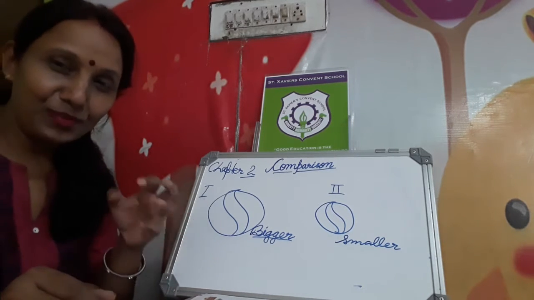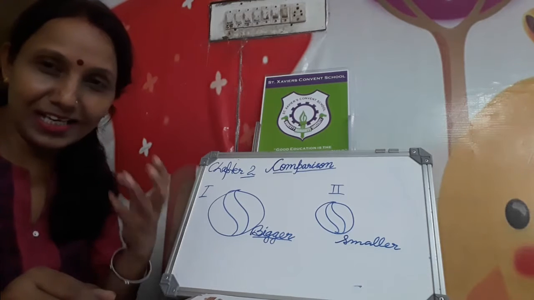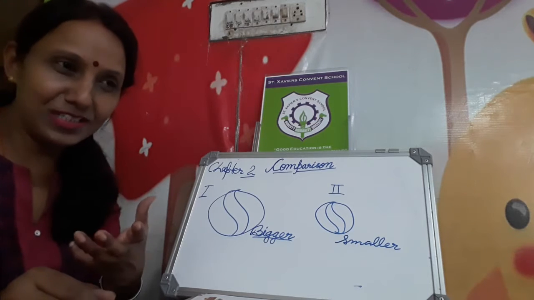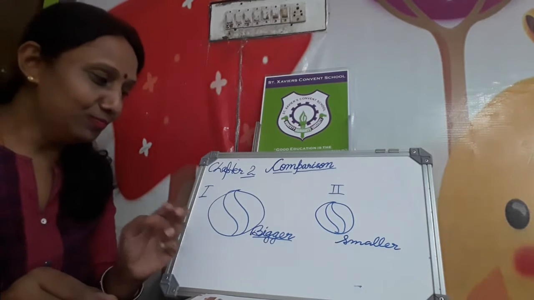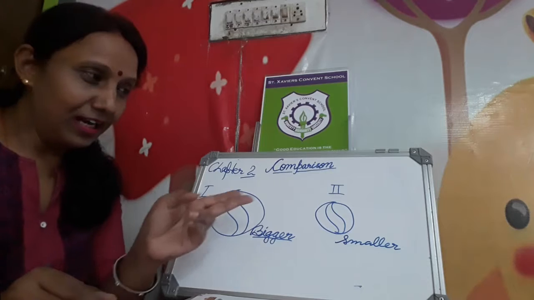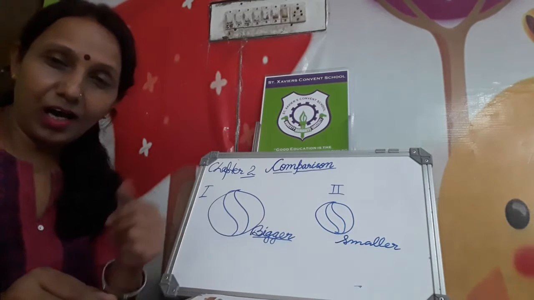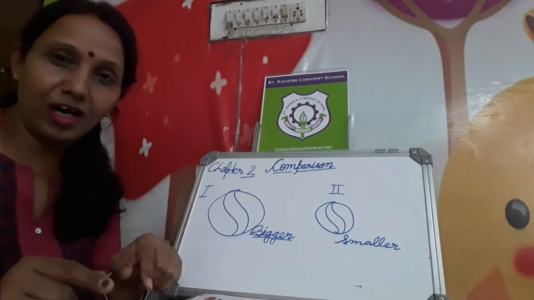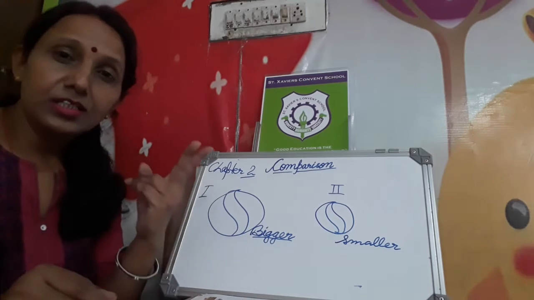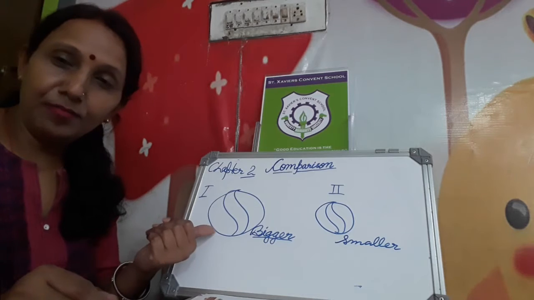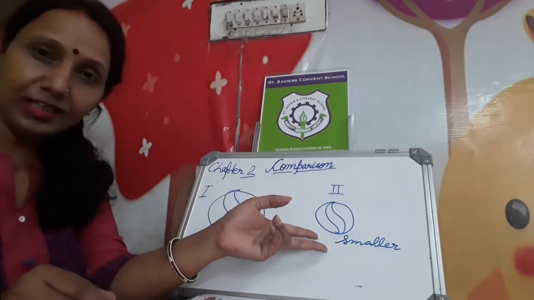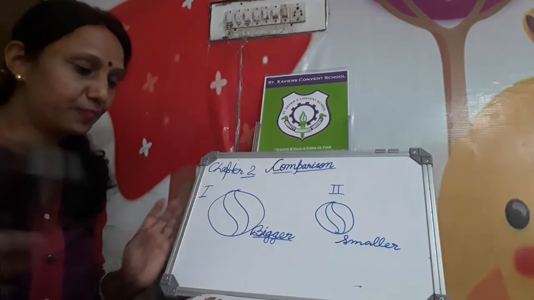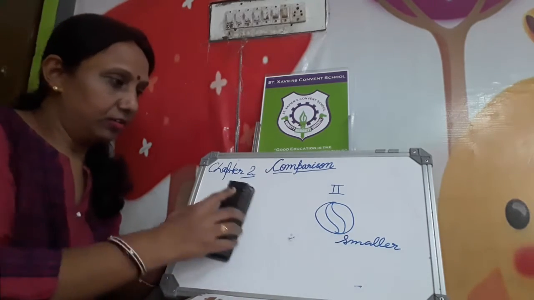So eatables you love, like chocolates and ice cream, you are fascinated by them. That's why I'm saying it. So this ball is the bigger and that one is the smaller. The house I have shown you, one bigger house, one smaller house. We are comparing two things, so one will be the bigger, another will be the smaller one. Got it? Now next, longer and shorter.